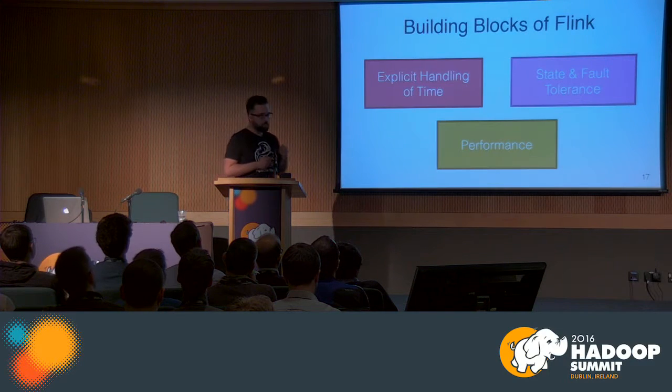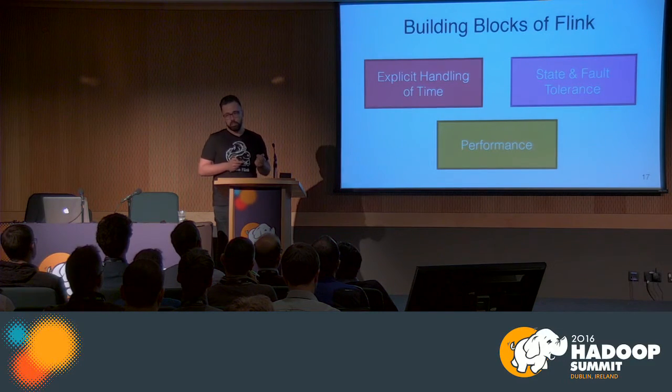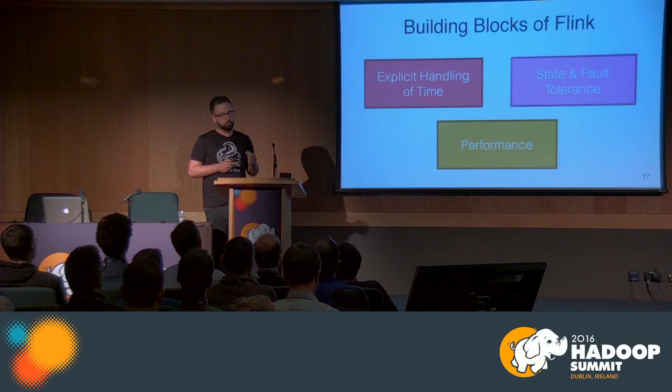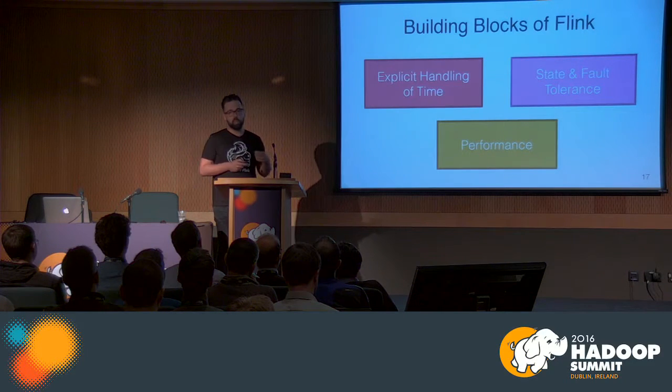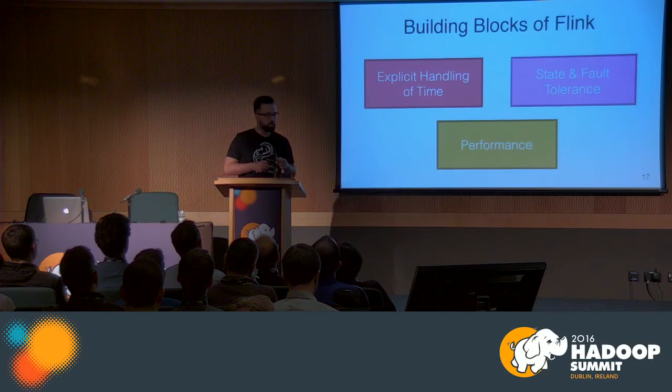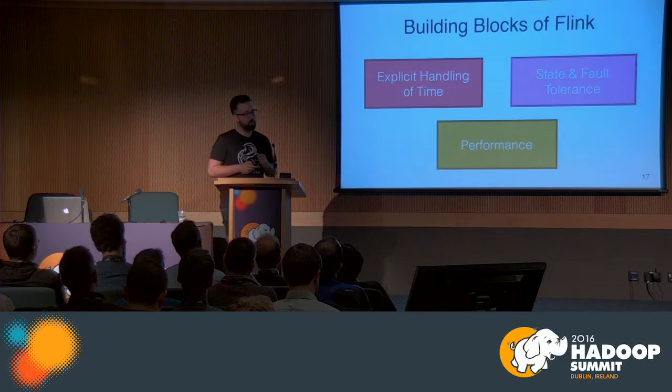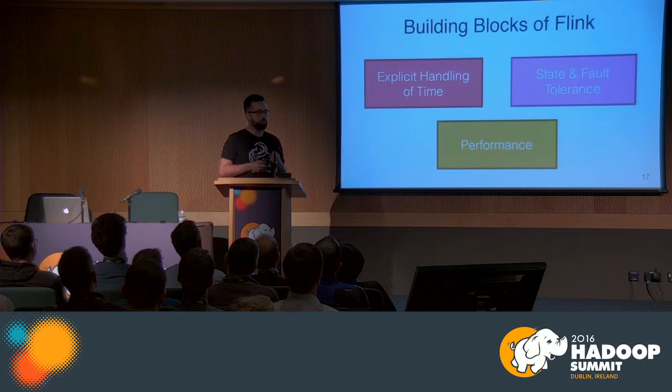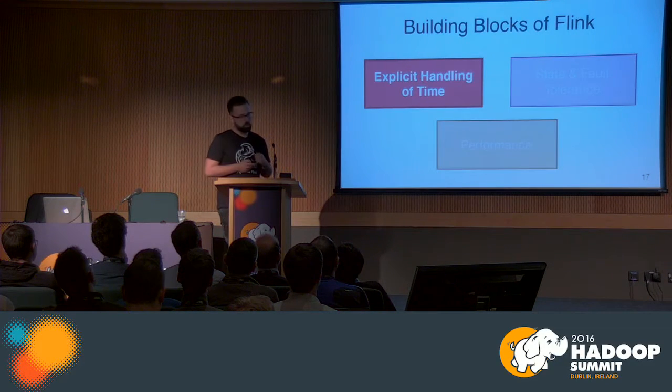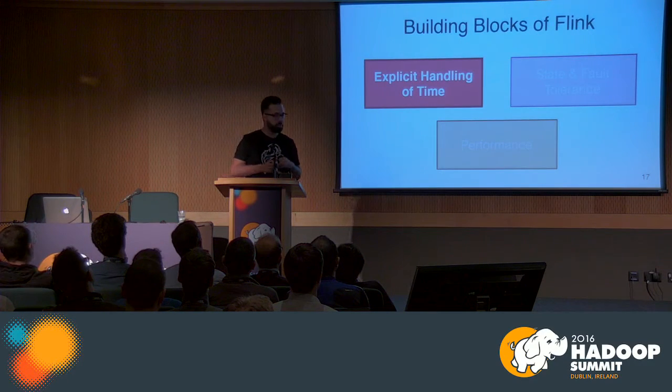And in my opinion, Flink is a very good fit for this use case. I want to exemplify what makes it special and what the features are you should be looking out for when picking any kind of stream processor. So the three main features are, in my opinion, explicit handling of time, state and fault tolerance, and the performance you get with this. Starting with the treatment of time,